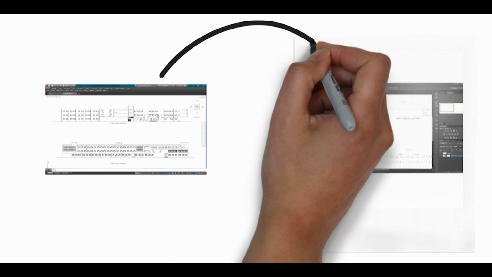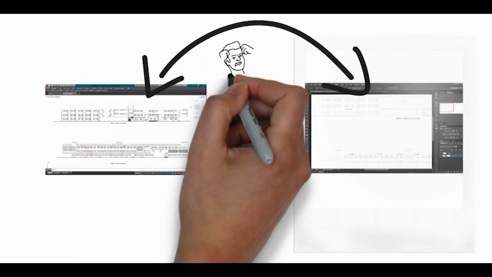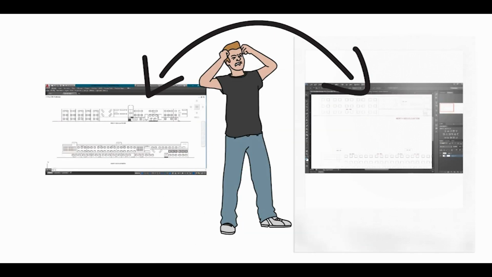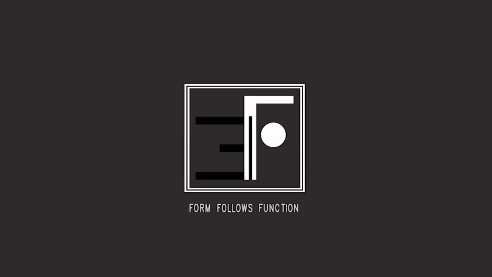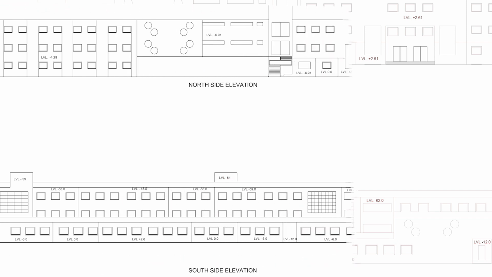Hey guys, are you also facing the same problem every time you import the CAD file into Photoshop, your lines are not visible and the line weight is very low? If you want to know how you can solve this and import the correct PDF, and what settings are required in Photoshop, then continue watching this video till the last. I will tell you each and everything step by step and help you sort out this problem.